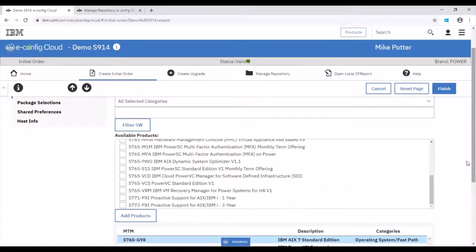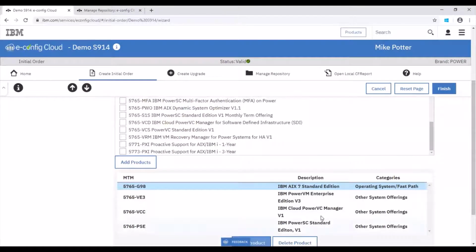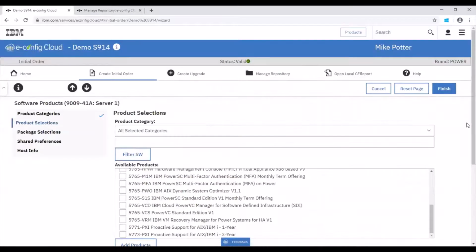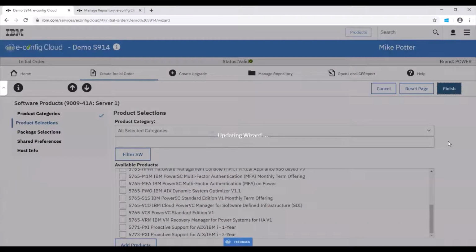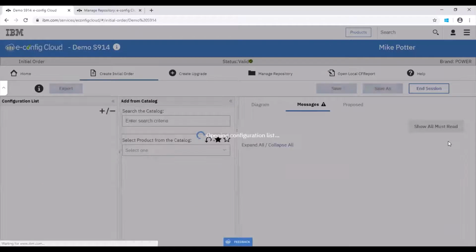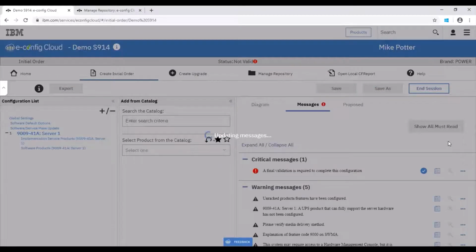You can look to add those to your configuration as you wish. If I validate that,